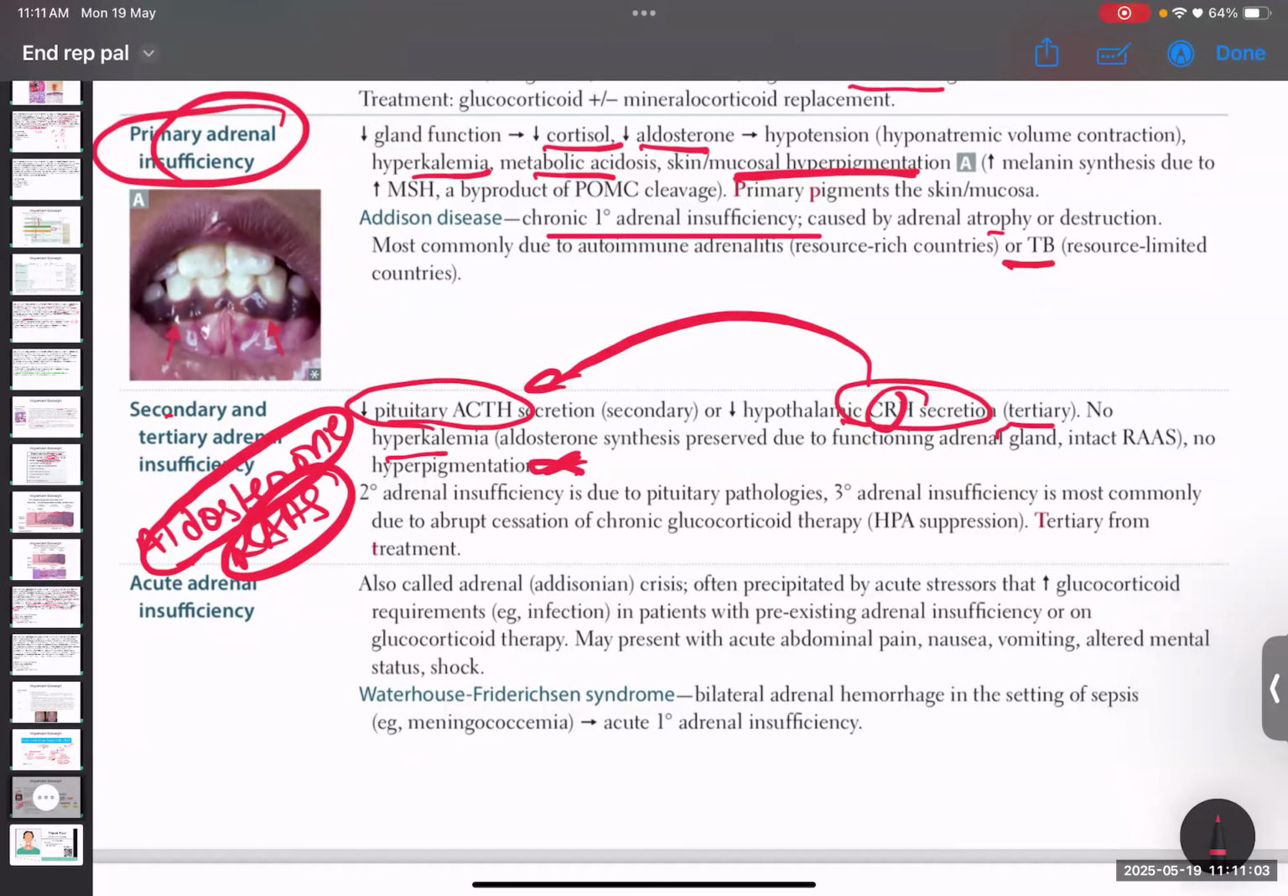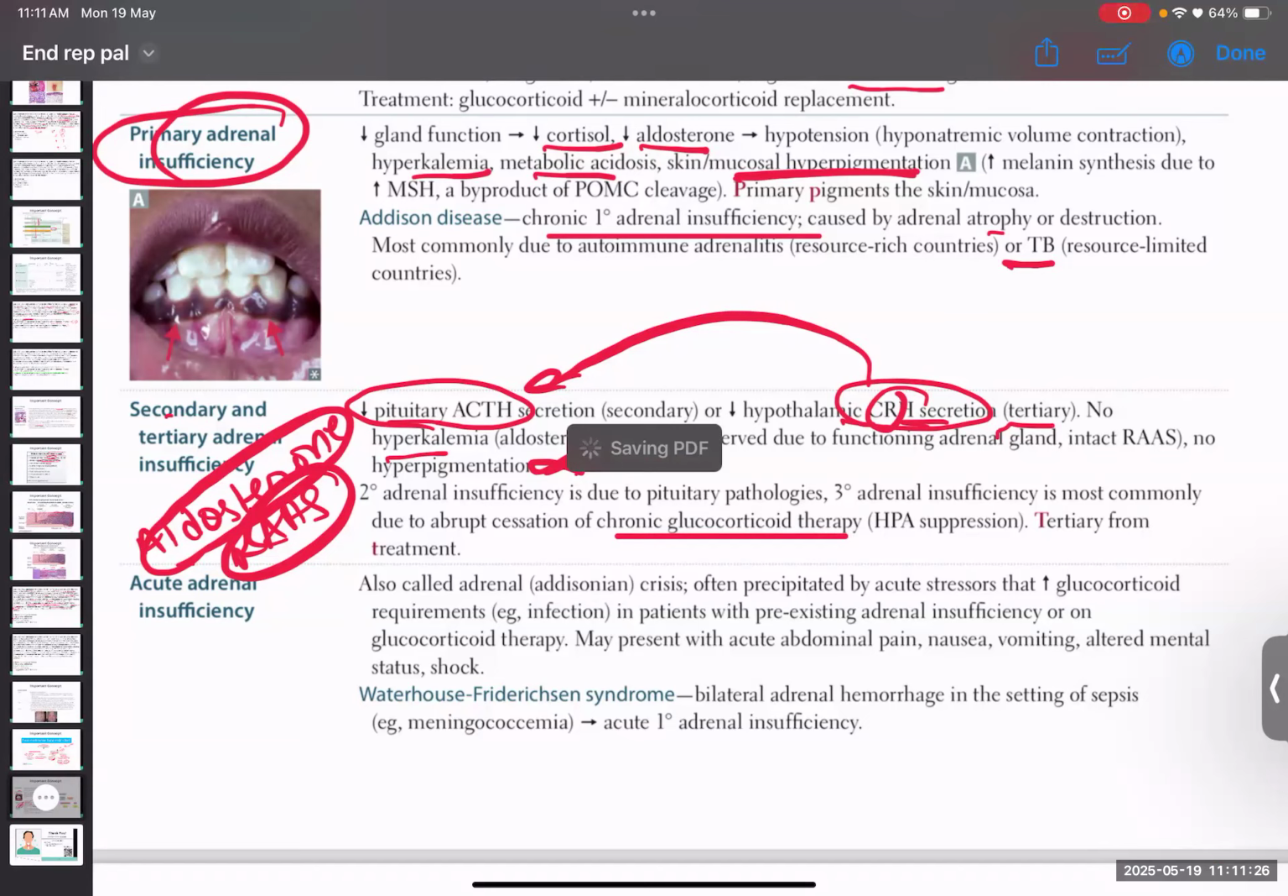Secondary adrenal insufficiency is usually because of pituitary pathologies, like we mentioned here, with ACTH secretion. Tertiary is CRH secretion, or it could be because of abrupt cessation of chronic glucocorticoid therapy. So basically, what happens is